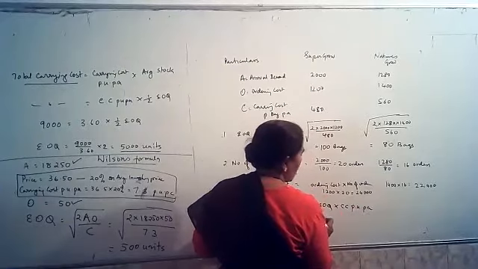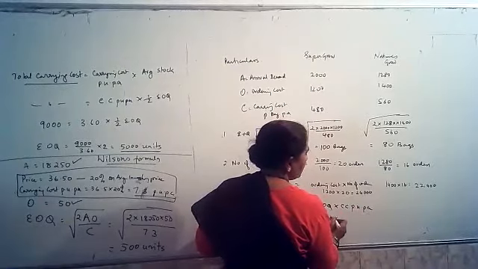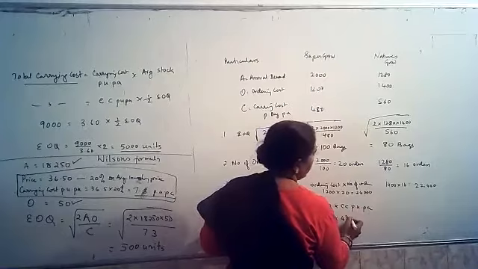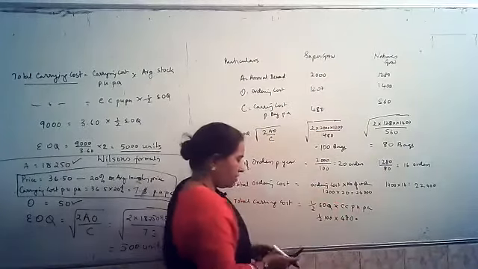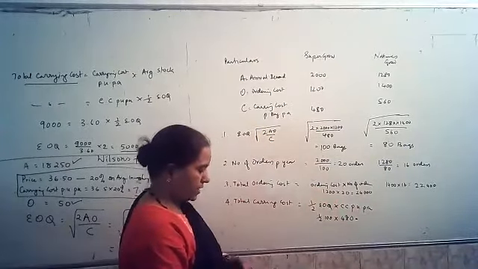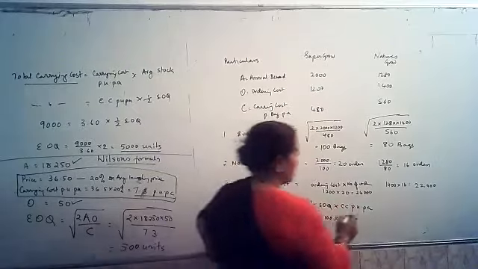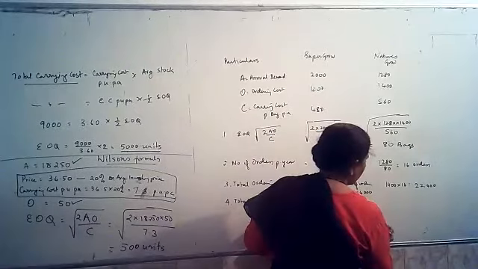So it is half of EOQ multiplied by carrying cost per unit per annum. How do I get half of 100 multiplied by 480? 50 into 480 will give me 24,000. It has to be the same. Look at this particular